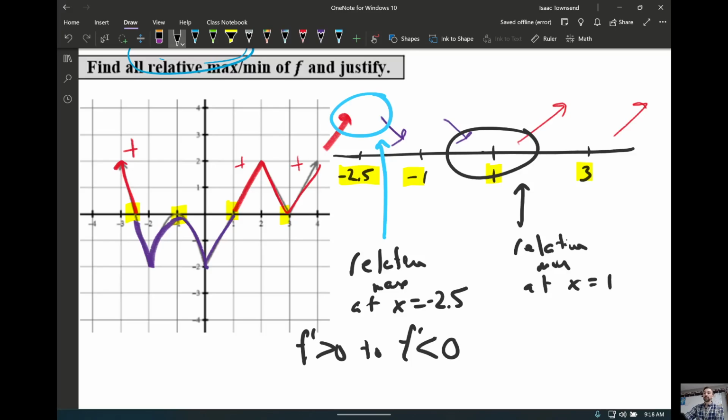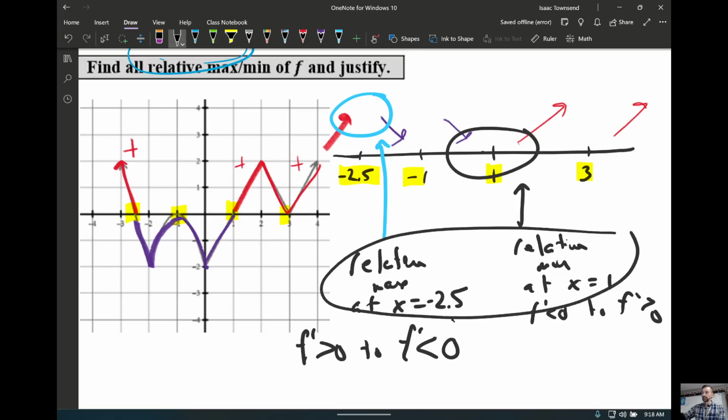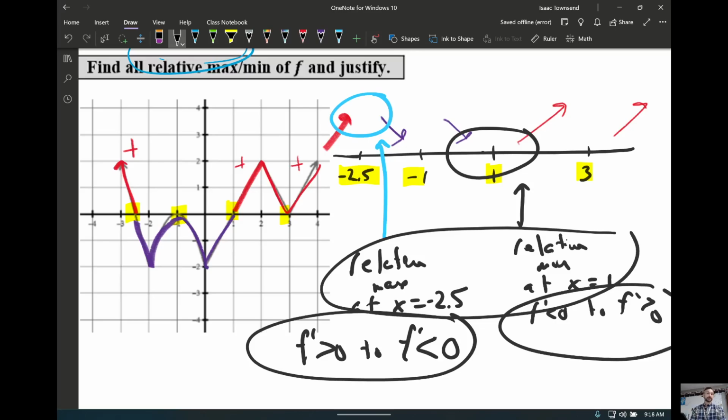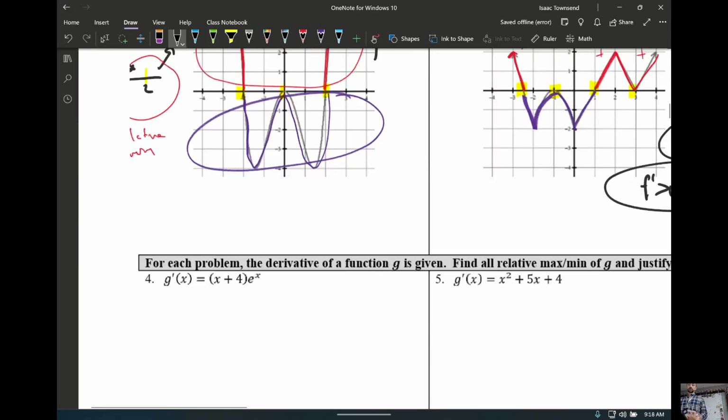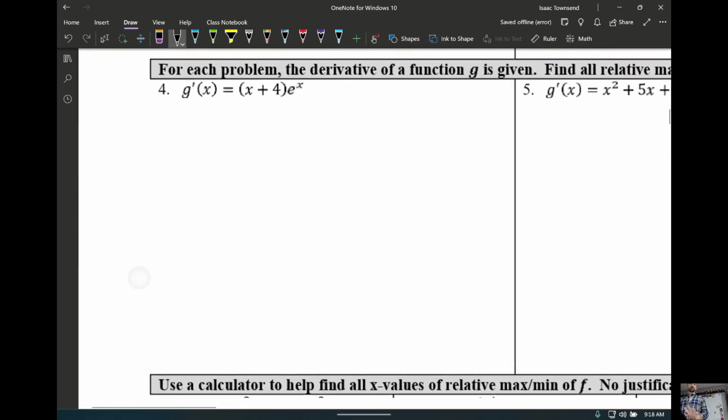If we had to justify that like it asked, it's because the derivative is switching from negative to positive. Easy justification. And then going from increasing to increasing is not a relative max nor a relative min. So just these two answers and their justifications. Okay, anything you'd like to ask about that before we keep going? Okay, then let's look at number 4 together, because it does change just a little bit, the question type, but